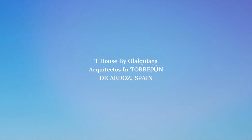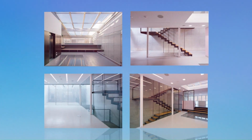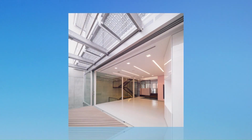Tea House by Olalquiaga Arquitectos in Torrejón de Ardoz, Spain. The project resolves a double challenge, to adapt sustainable and technological architecture to the normative restraints and the idiosyncrasies characteristic